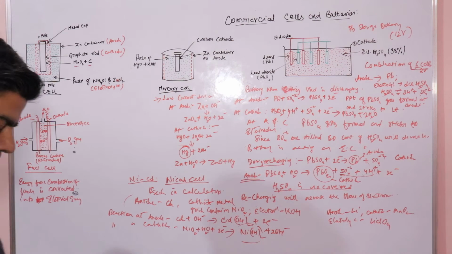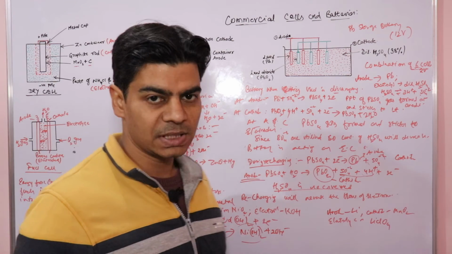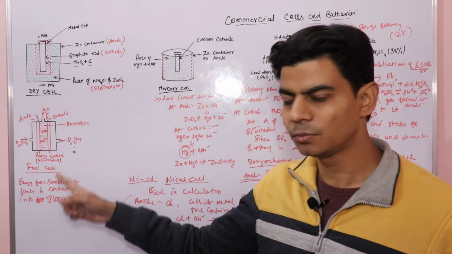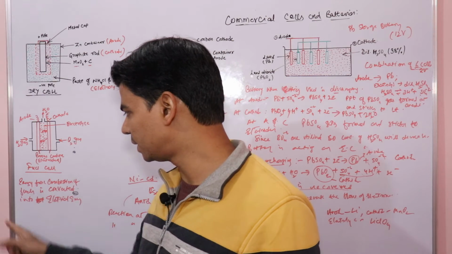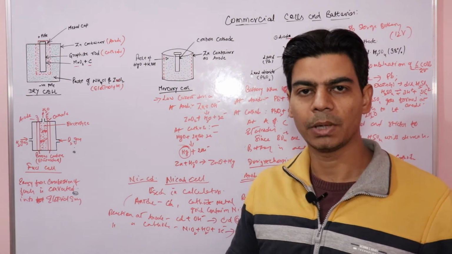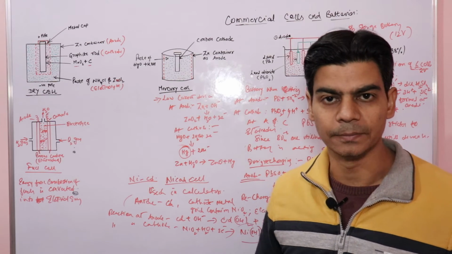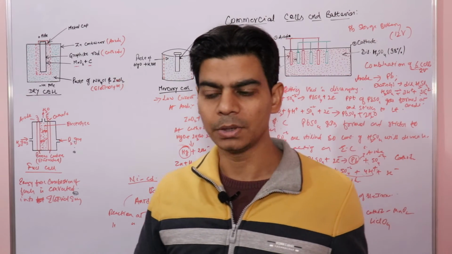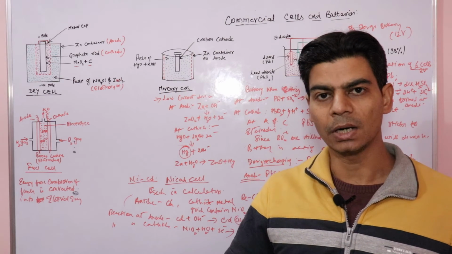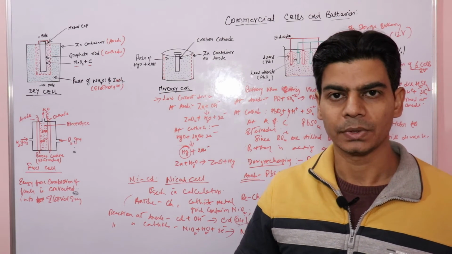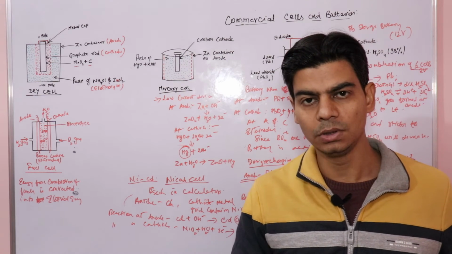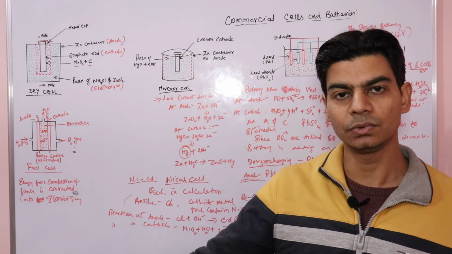So in fuel cells, basically what we do is, we'll understand this in a moment, but just understand what it does. When fuels burn, during the combustion of fuels, it will generate a lot of energy. And in the old days, the energy from the combustion of fuels was used to run turbines, which are connected to electrical generators. So in a way, this energy from combustion of fuels is used to produce electrical energy.